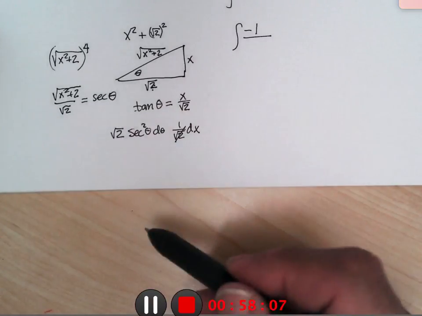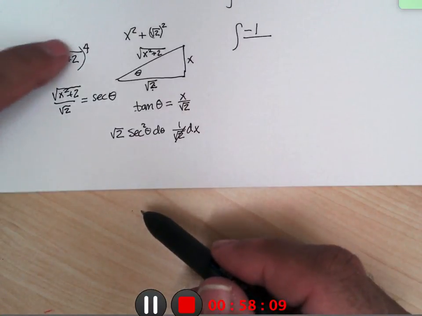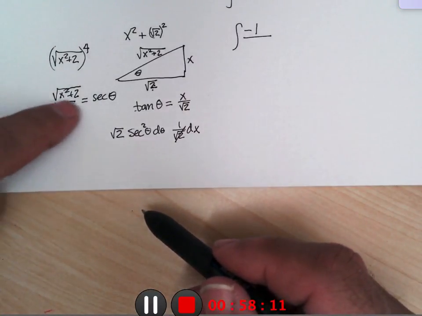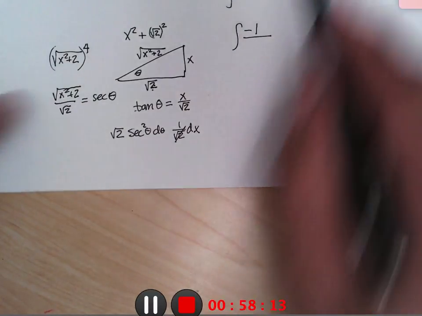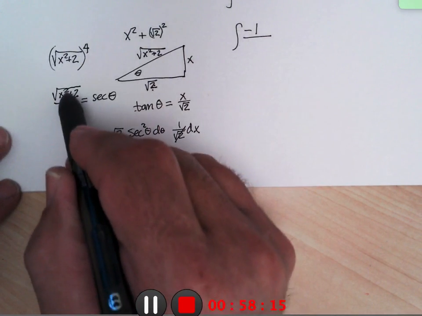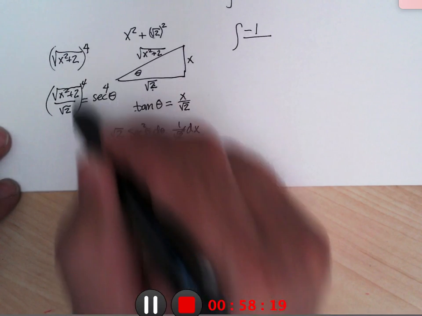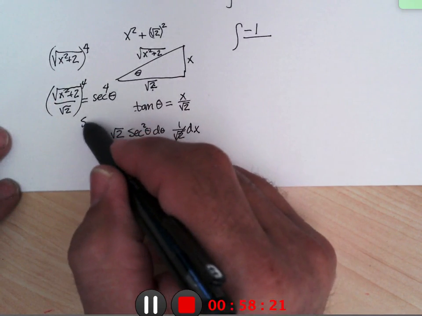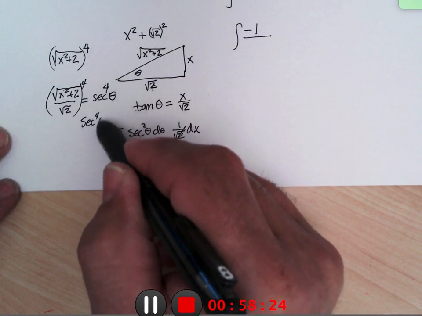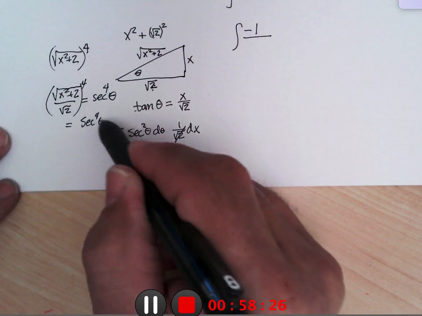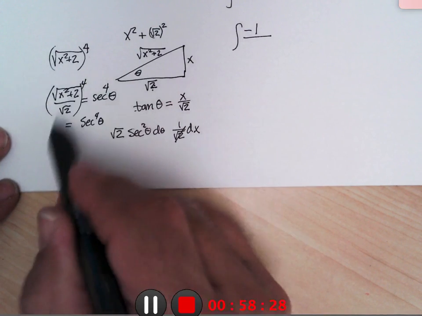And I need it to the 4th, this thing to the 4th to make a squared. So I would take this to the 4th power and this to the 4th power, and I get secant to the 4th of theta equals x squared plus 2